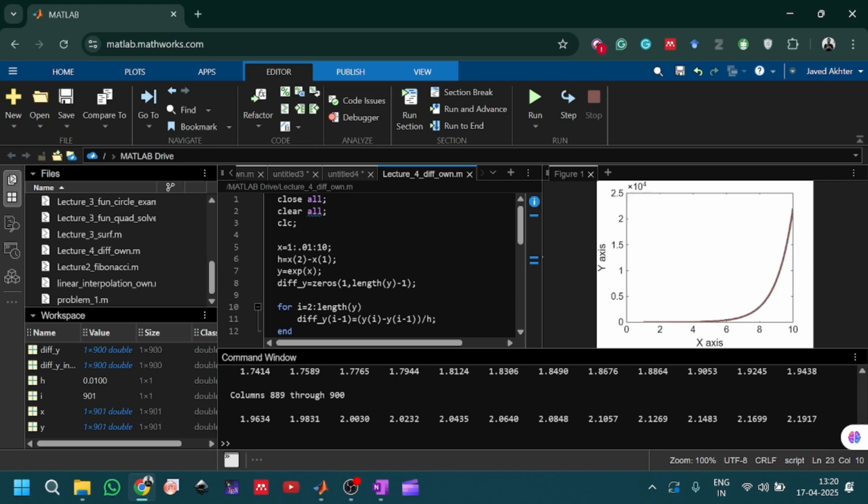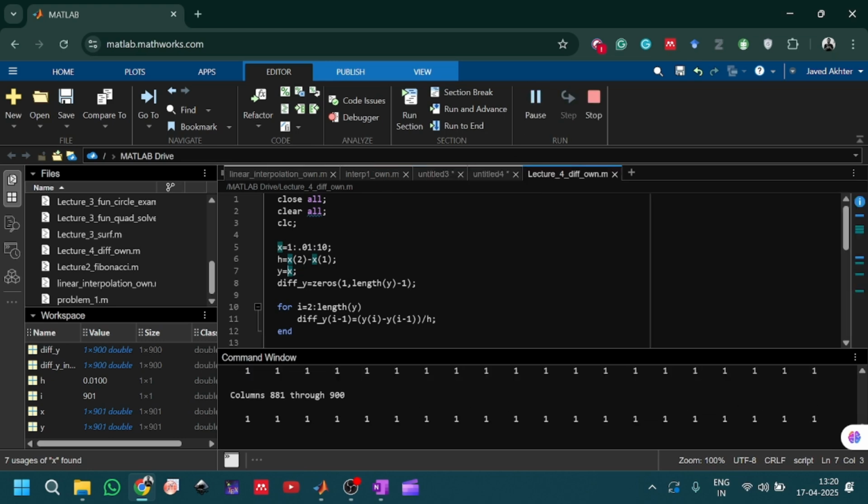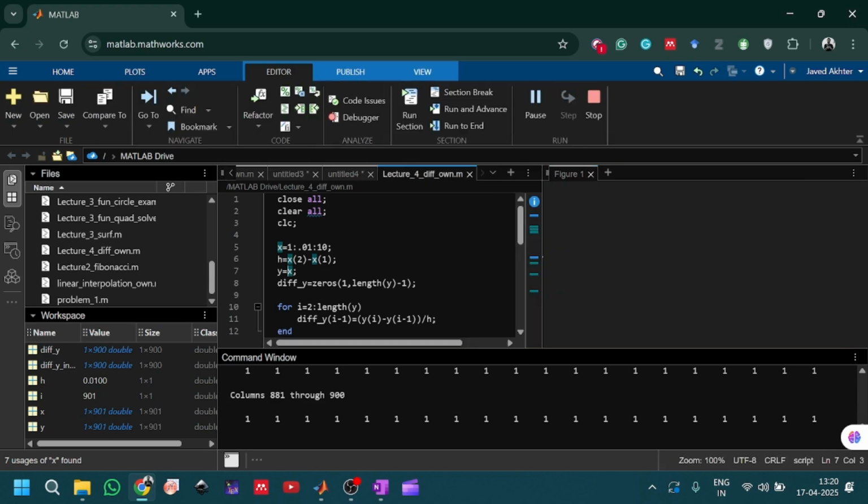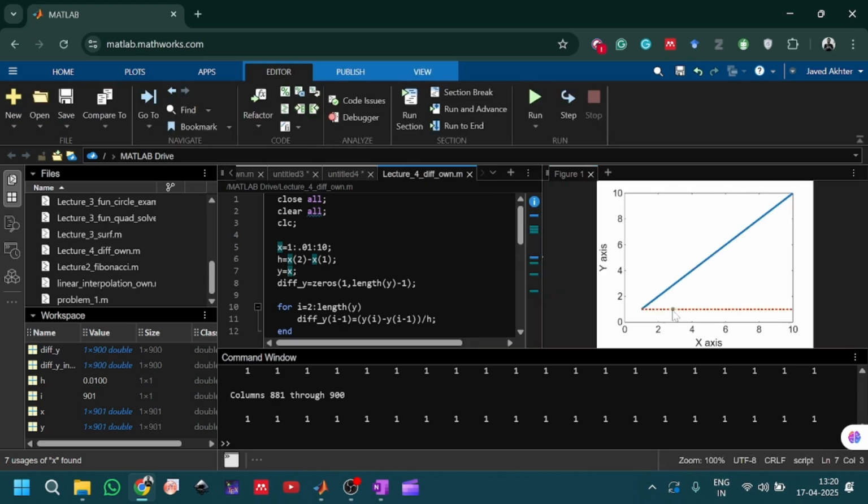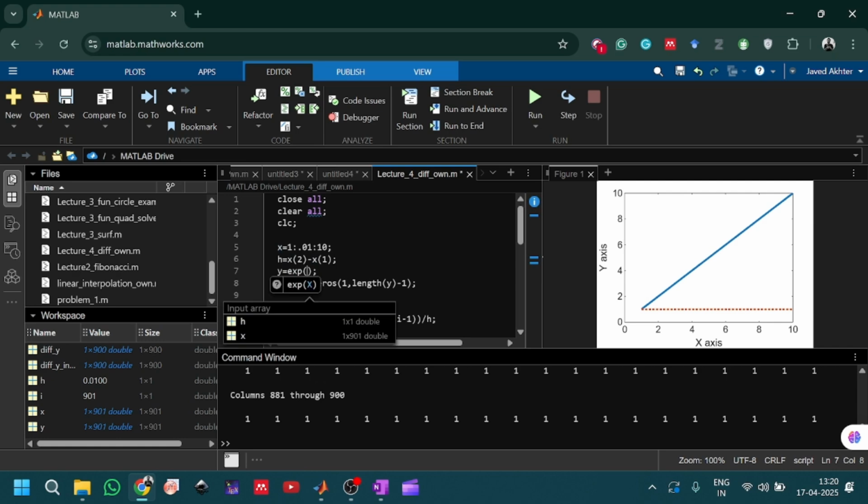We can try with a different function. So if we have x, the derivative of x should give us a constant value. So it should be a constant-like curve, the derivative one. You can see that it is giving me a constant value, and you can play with different kinds of functions. So e to the power minus x, you can have sine here,